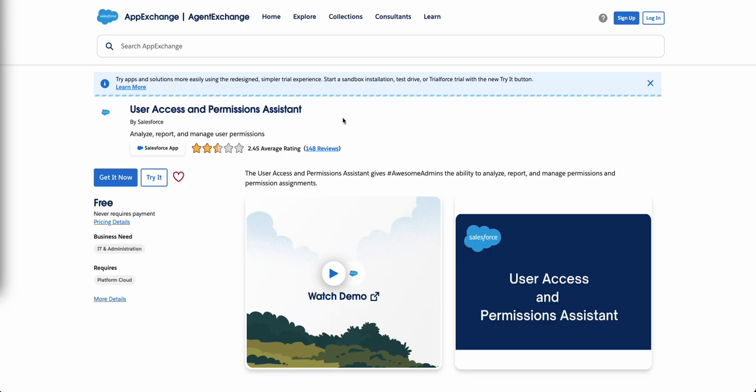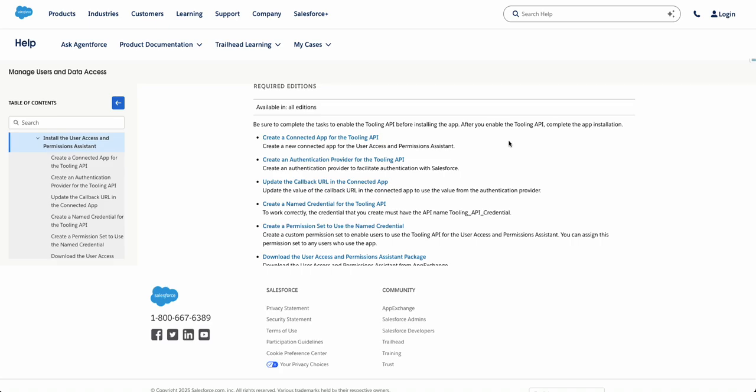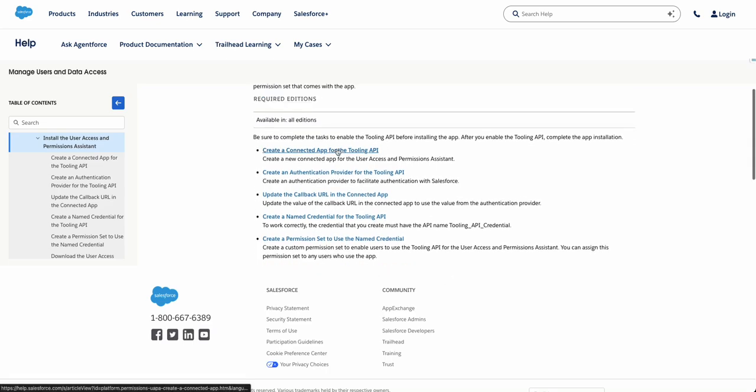And therefore, Salesforce also created an app which is called User Access and Permissions Assistant. Let's try this, but before we can use it, it's not that easy just to install it. We have to create a connected app first and do some stuff around it. You will, of course, get the link, but for now, let's do this together and first start with creating this